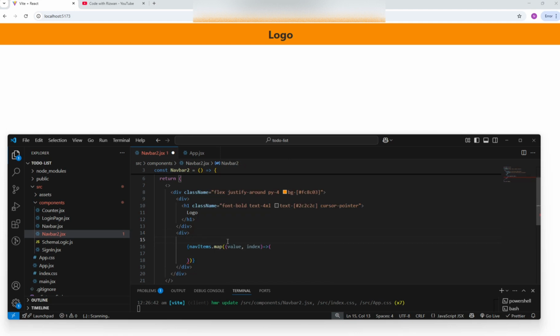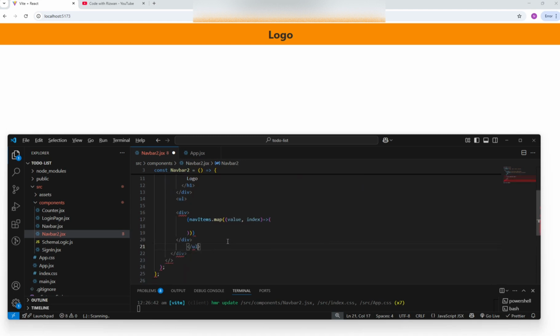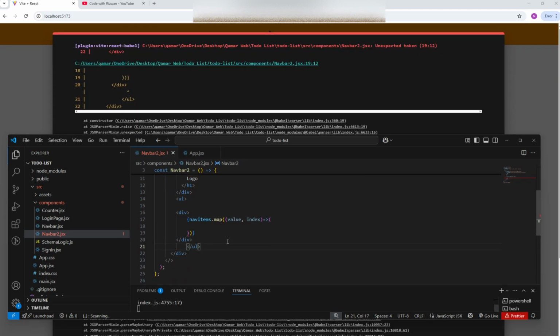Now adding ul outside of this and wrapping my div inside of this. Now wait a minute, I will solve this error.